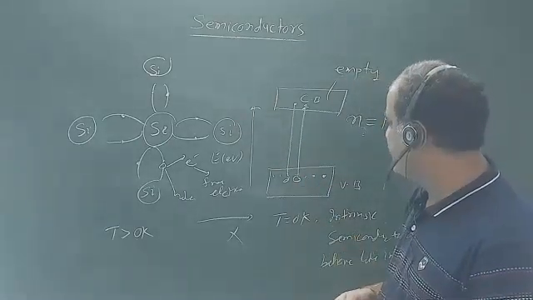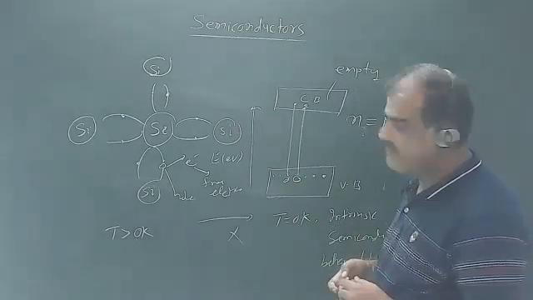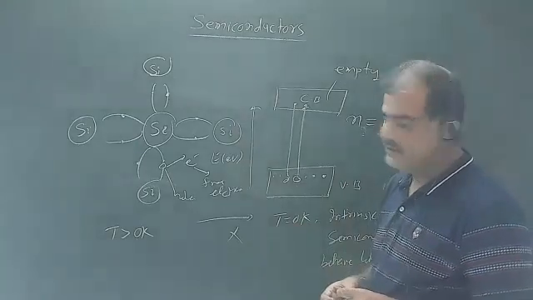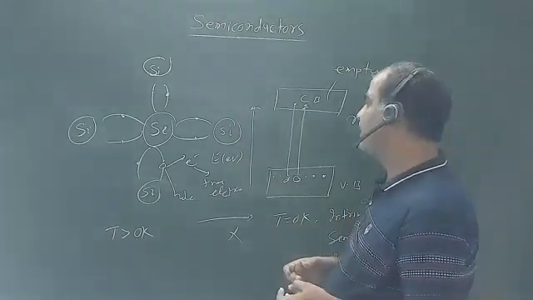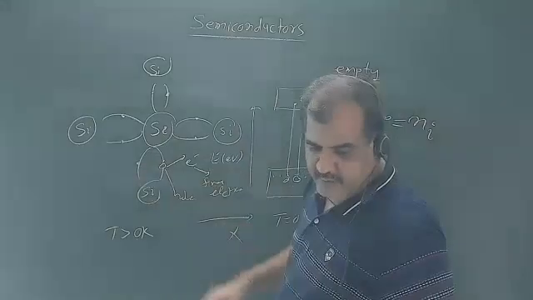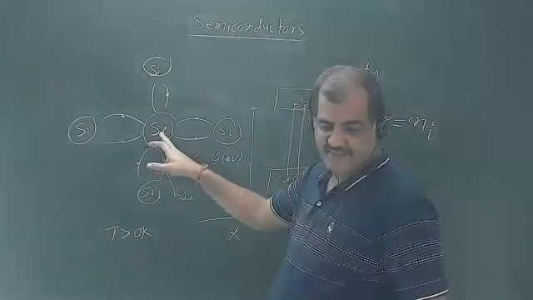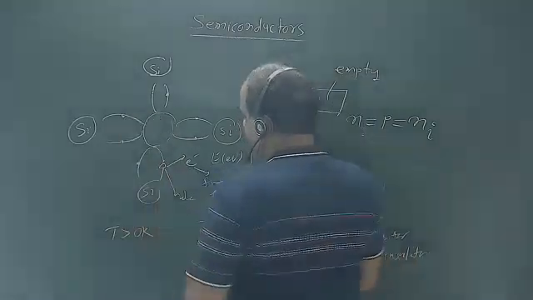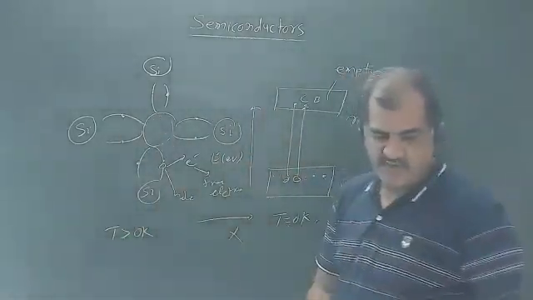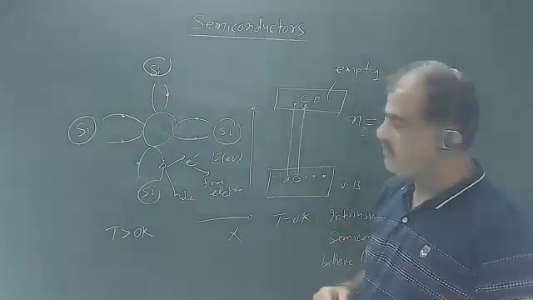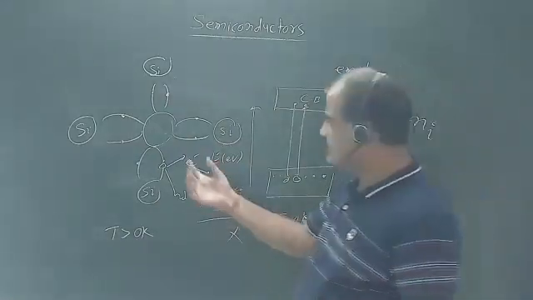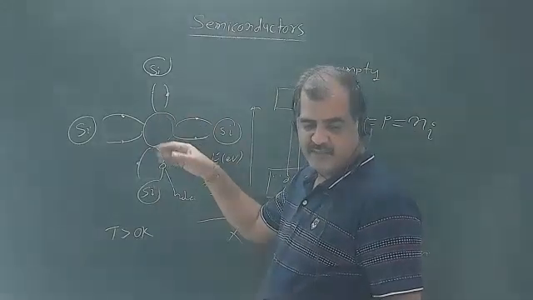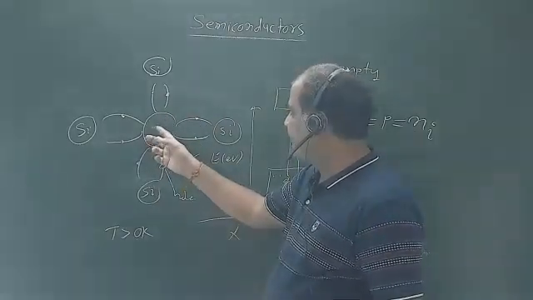What happens when I make an extrinsic semiconductor out of this intrinsic semiconductor? In order to make an extrinsic semiconductor, I will dope this: I will replace this silicon with some impurity atom. This silicon is in group 4, because there are 4 valence electrons, as I just showed you in the electronic configuration. So if I replace this silicon atom in some mole percent, suppose I want 1 atomic percent or 2 atomic percent,